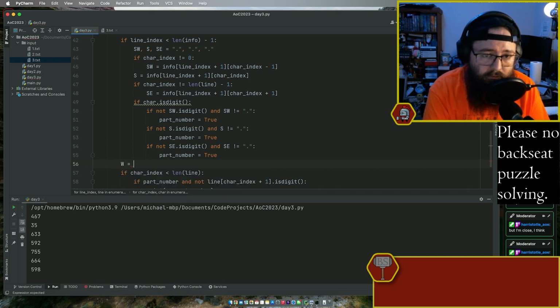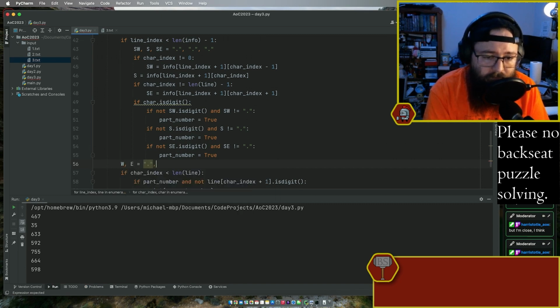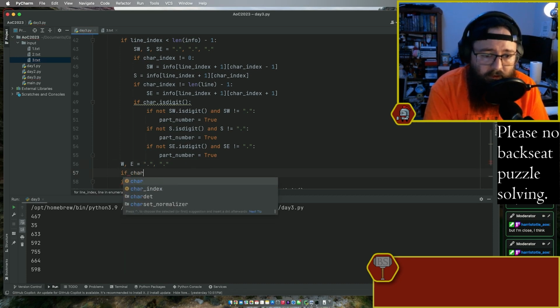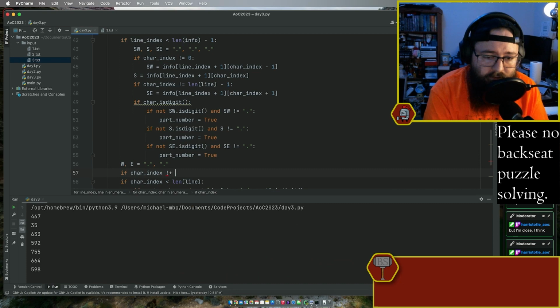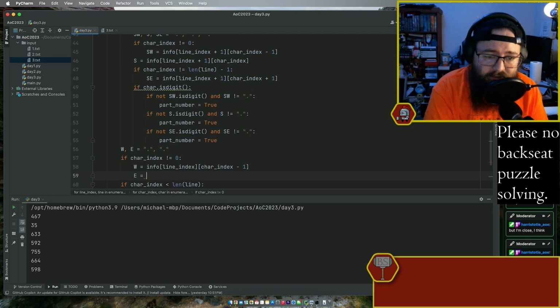West. If our index in current line plus 1 plus